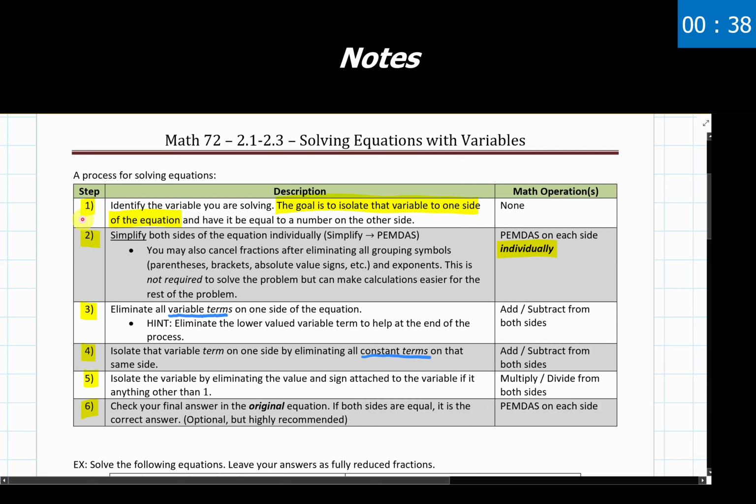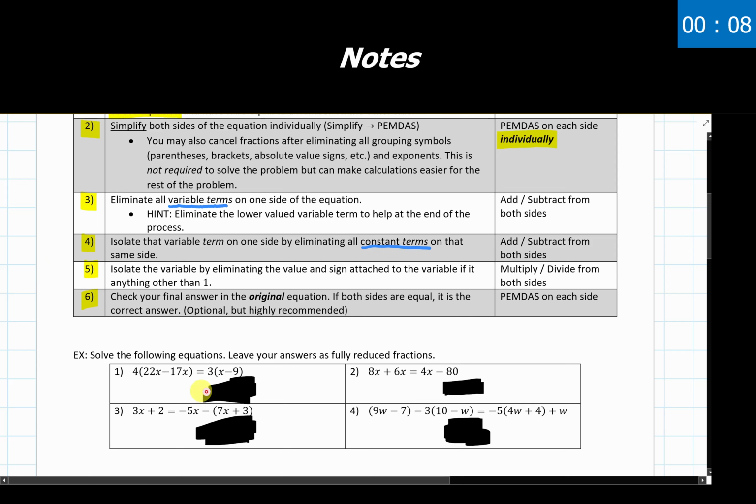Now I'm going to be showing you a couple of these steps here with some fairly quote-unquote advanced looking or complex looking problems, and that's specifically because I really want to emphasize this simplifying both sides of the equation step. A lot of people do not value doing this every single time they're going through problems, and I think it tends to make later steps way more painful. So if you'd like to give this route a try, this is what we're going to be doing. I have 4 examples listed right down here. No spoilers for our answers just yet, but we'll dive into each of these and see how we apply this process.